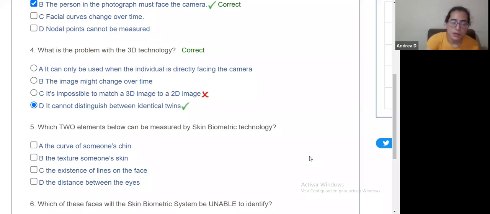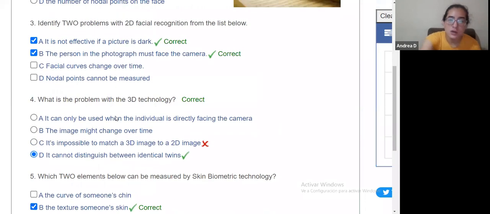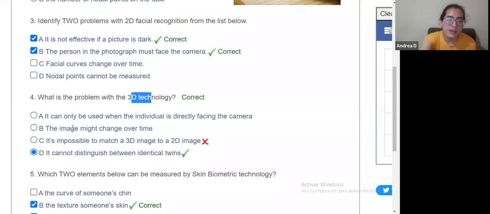Okay, guys. So that's right. That's perfect. The texture and existence of lines. And that's another way to be logical, because if you have an idea of what each one was about overall, you know that the 2D was more about the shape of your face: shapes, measurements, curves, the size of your nose, the distance between the eyes, the line of the jaw. And then the 3D technology was about angles. I think it took different images from different angles. So that's why you don't have to be facing the camera.